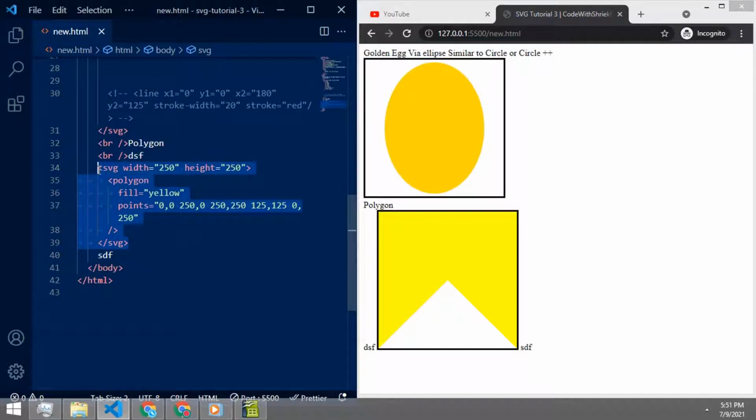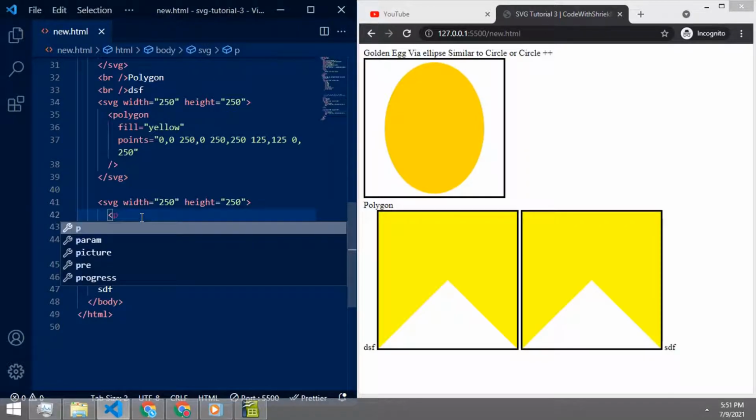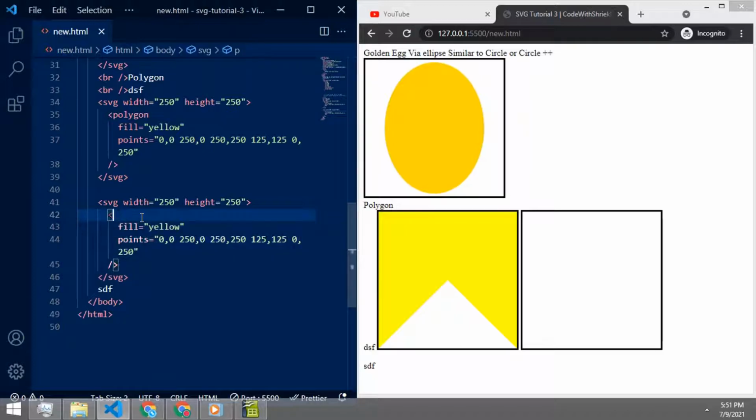So, to understand polyline, we copy our polygon SVG to here. I'm not going to delete the polygon version because I want to show you the differences between them. So here we are just going to change polygon to polyline.